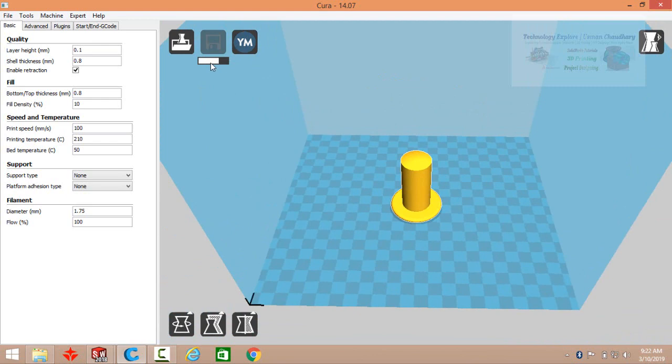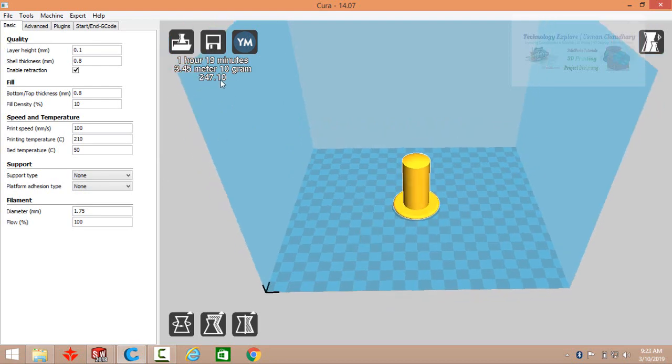It will calculate here. So here you can see 1 hour and 19 minutes, 3.45 meter wire is used, and 10 grams, and this is the price.